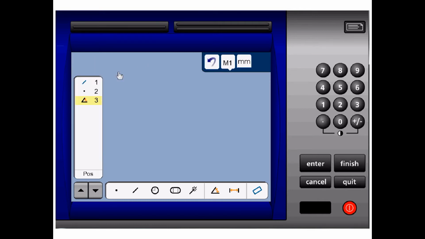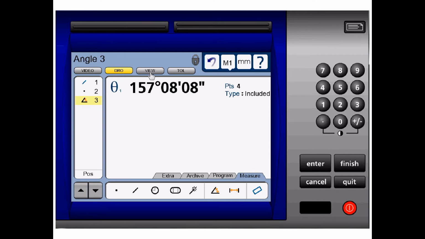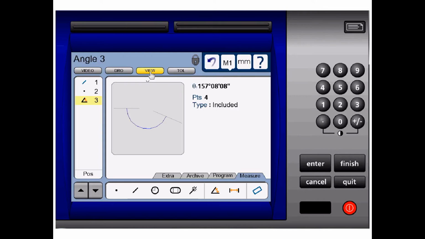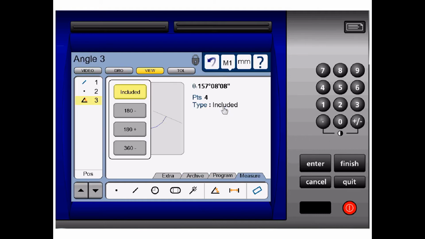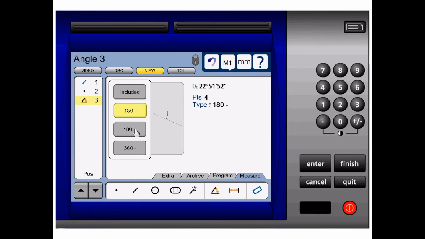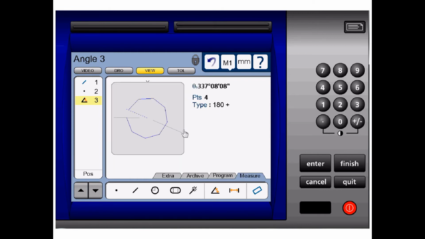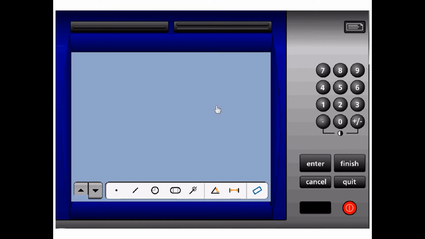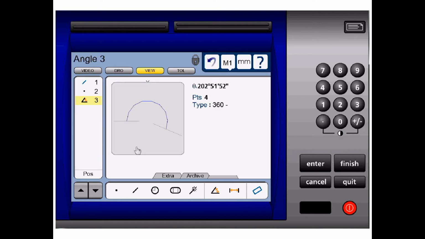We can view this in both DRO modes and in view mode. In view mode and DRO mode, you can change the angle type. The default is included. To change the type, click on the word included. A pop-up list will appear over on your left, and you can select -180. That will give you 22 degrees, or +180, which will give you 337 degrees, or